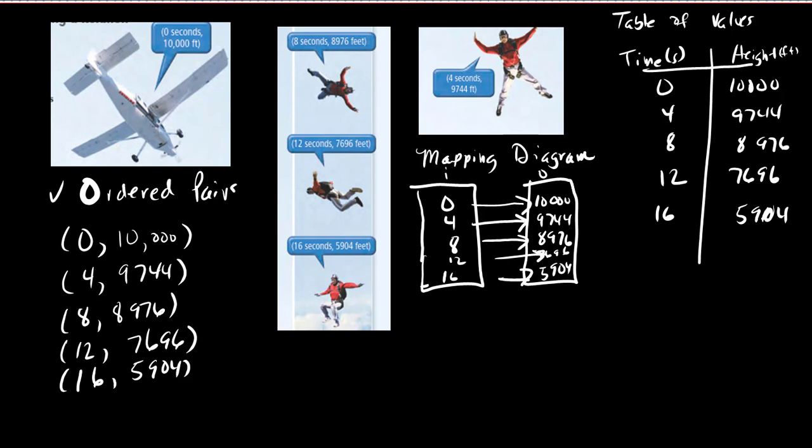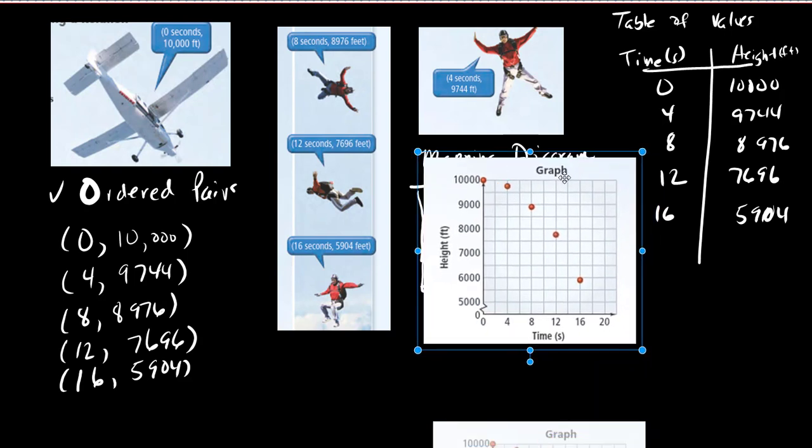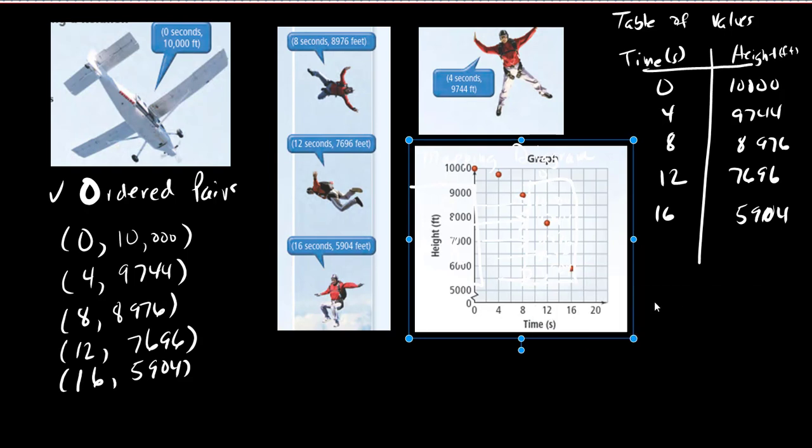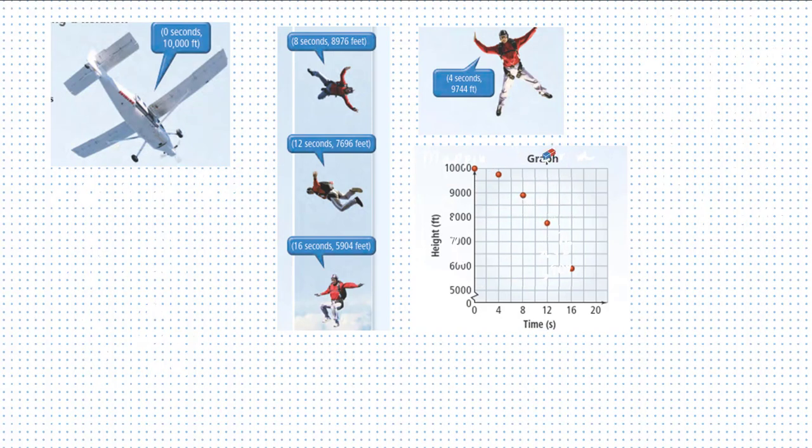And the last way that we can represent these is in a graph. So I'm going to grab my graph there so that we can see how those relate. Okay, I'm just going to put it right there on top of my mapping diagram. So what we have here is a graph, and I'm going to get this stuff out of the way here just so we have our graph. All right, so in our graph, we have